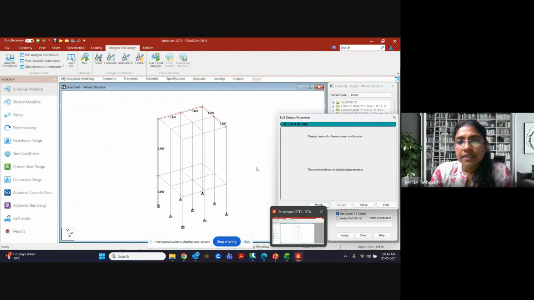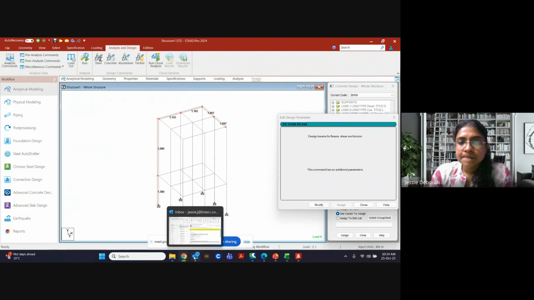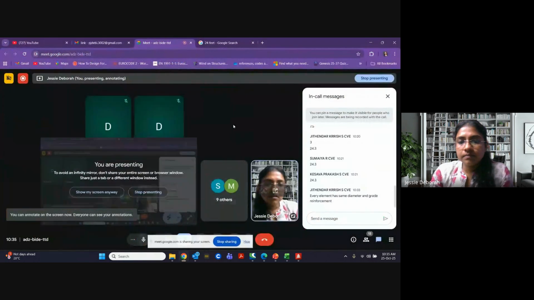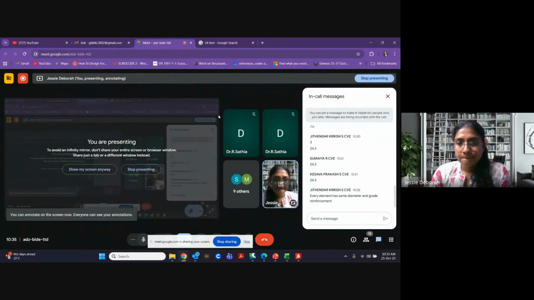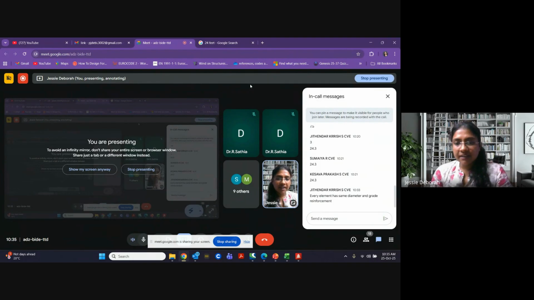Now tell me, this design beam command, will I give it for assign to view or selected view? Can someone tell me? Will I give it for assign to view, or only for a specific element? How will I do it? A very logical question, and I expect a reply.